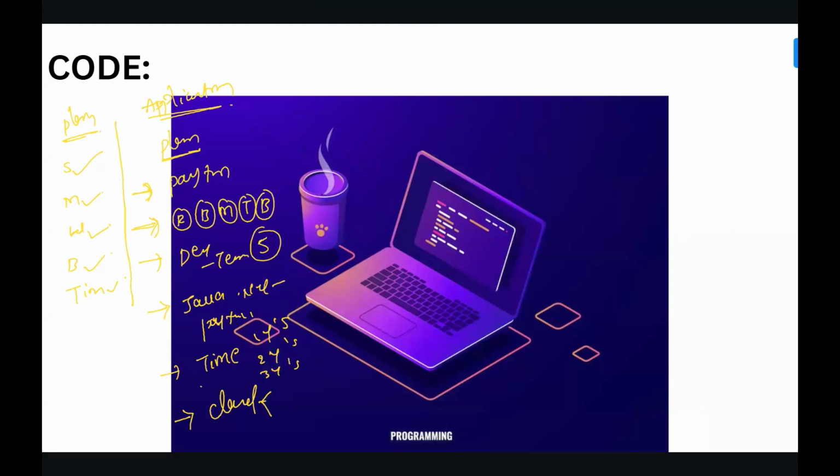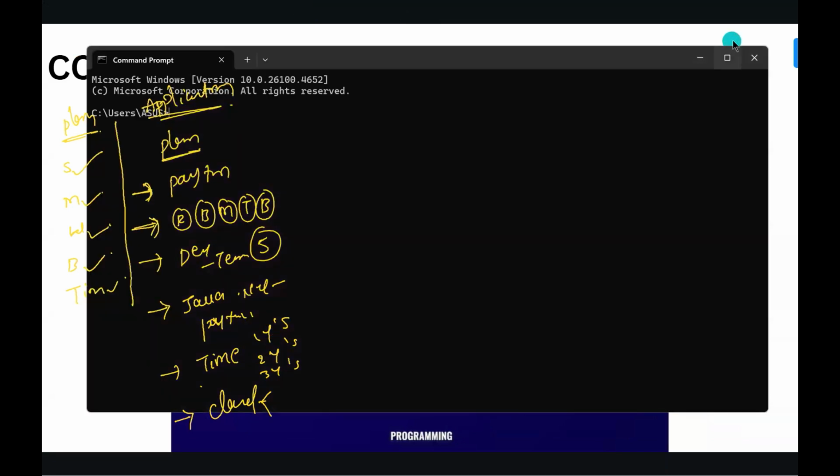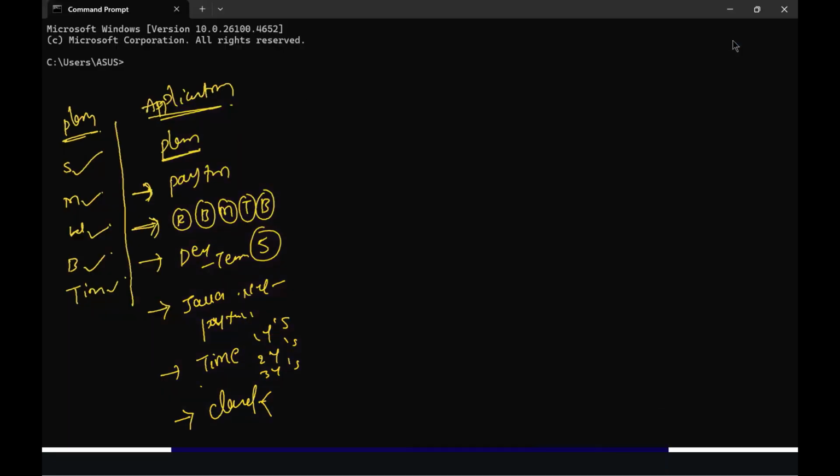So once the plan is done, after this we have the code. Now, what is meant by code? Can you please repeat the cloud technologies? AWS, Azure, as well as GCP.